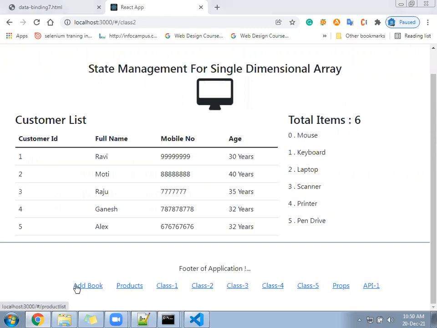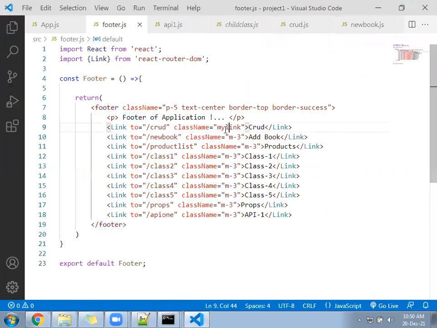The reason is, okay, CRUD is not coming for me. Okay, CRUD, I have not removed the M3. M3, I should give this as a book list.